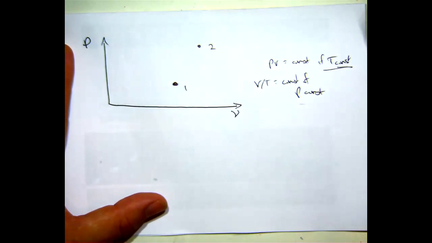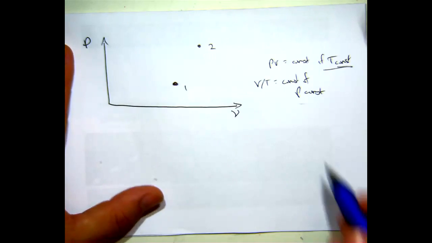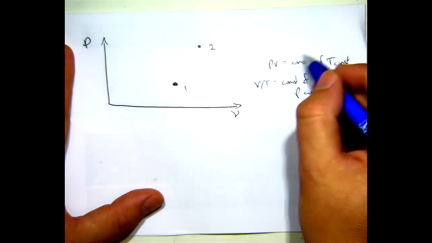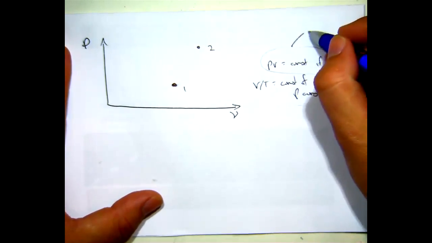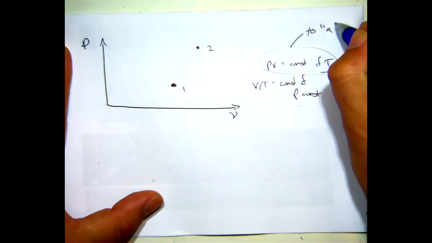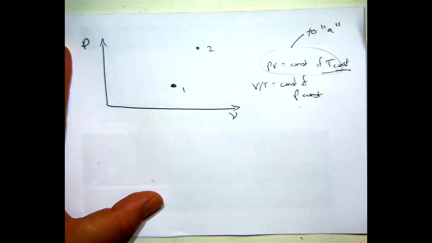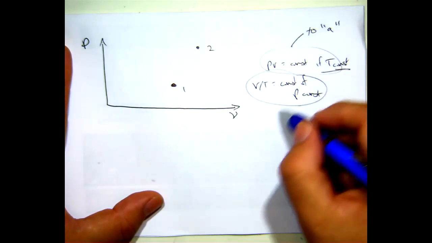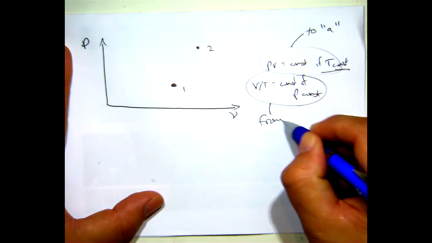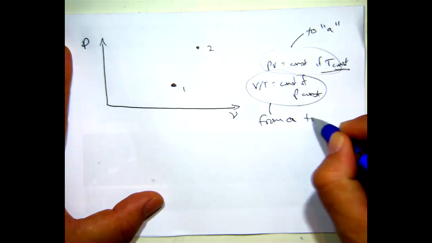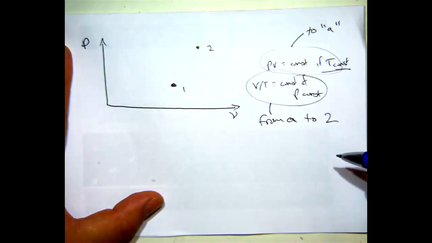Now, when I'm sketching out two processes and I hope they meet somewhere, you kind of just have to draw some lines around. So I'm going to use this one to get to A. I'm going to make up a point A somewhere. And I'm going to use this one to get from A to 2. So what we do,